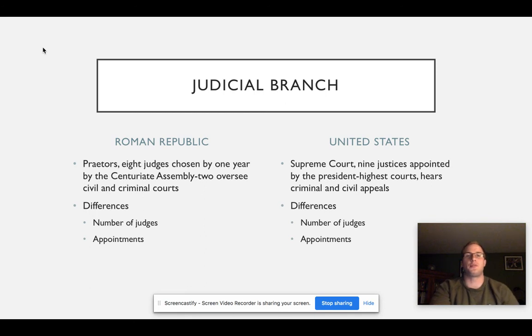Okay, so the judicial branch: the praetors, 8 judges, so they're kind of like the Supreme Court, I guess, chosen for a 1-year term by the Centuriate Assembly. And then the Supreme Court in the United States, we have 9 justices appointed by the president. So both judges are appointed by someone in government, right? Differences: there's a different number of judges. For Romans, they have 8. In the United States, we have 9 in the Supreme Court. And then appointments, like I said, are different. The United States president does it, the executive, and the